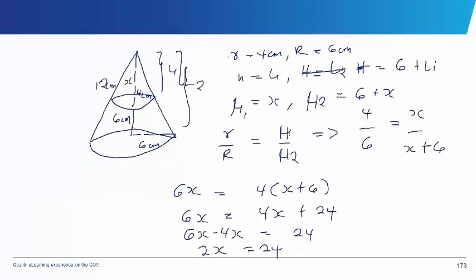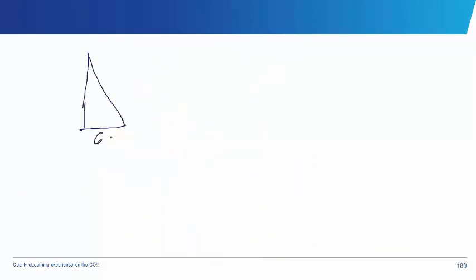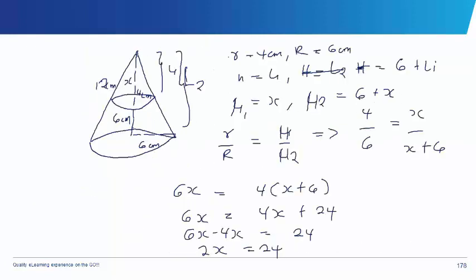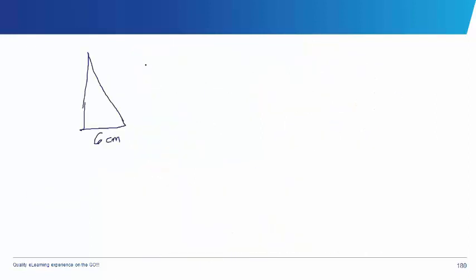For the bigger pyramid, the side here is 6 cm, and then the side here, instead of being 12, because it is 12 plus 6, we have 18 centimeters, and then we'll be looking for L2. Remember we still use Pythagoras theorem: 18 squared plus 6 squared, so L2 squared is equal